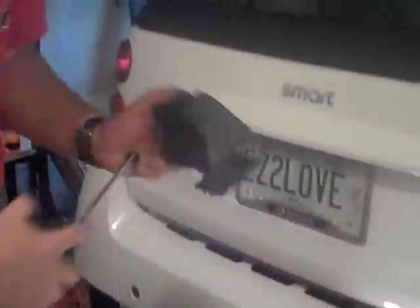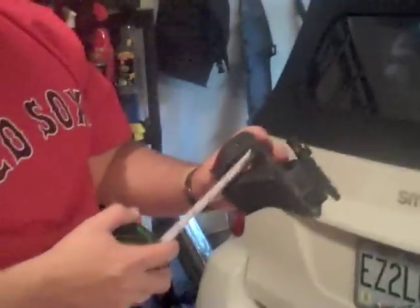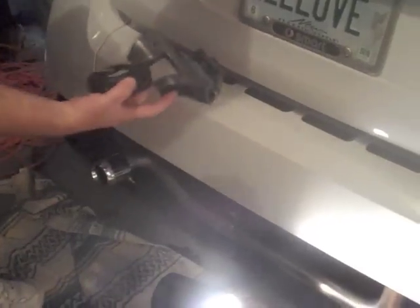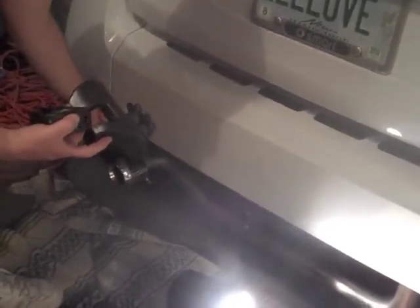You have about 2.5 inches clearance. I'm exactly at 2.5 inches, so I'm going to trim that a little bit more. That way the rear bumper cover will get reattached to this bracket, so it'll get a little more stability when you put the valence back on. Now this valence, if you compare it to the stock valence, kind of very...